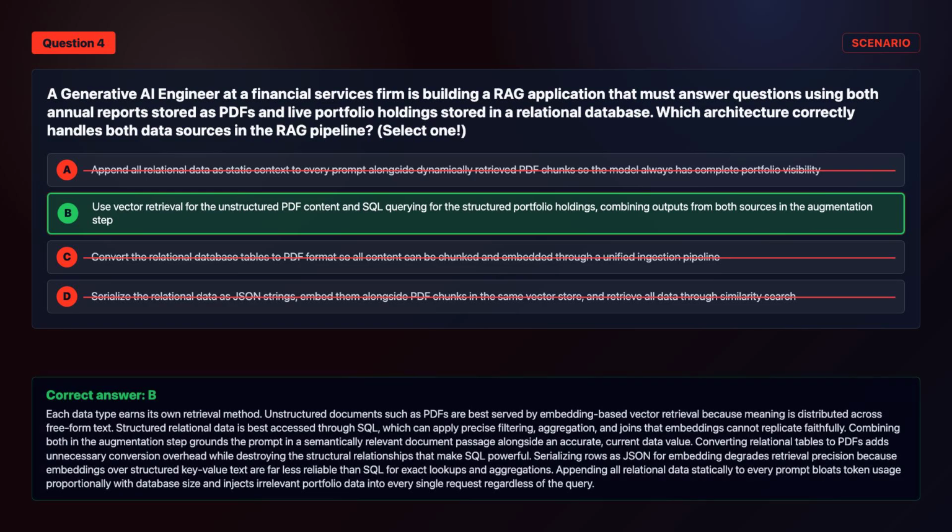The correct answer is option B. Each data type earns its own retrieval method. Unstructured documents such as PDFs are best served by embedding-based vector retrieval because meaning is distributed across free-form text. Structured relational data is best accessed through SQL, which can apply precise filtering, aggregation, and joins that embeddings cannot replicate faithfully. Combining both in the augmentation step grounds the prompt in a semantically relevant document passage alongside an accurate, current